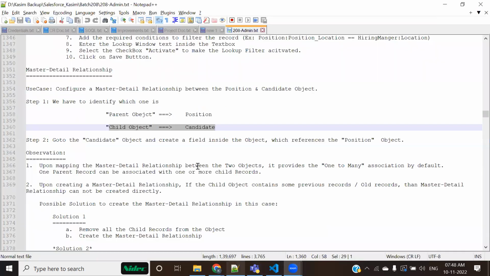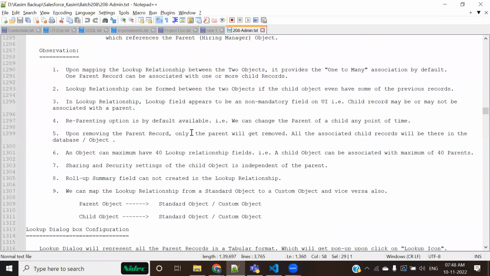When we were learning a lookup relationship, there was a point: a lookup relationship can be formed between two objects even if the child object has some previous records. It will not stop you.